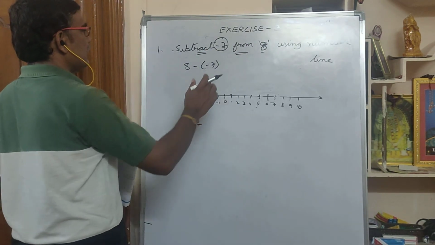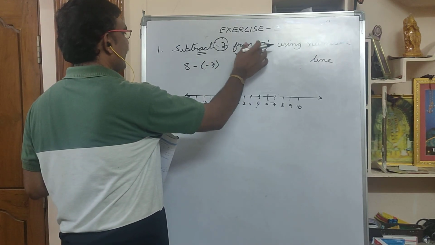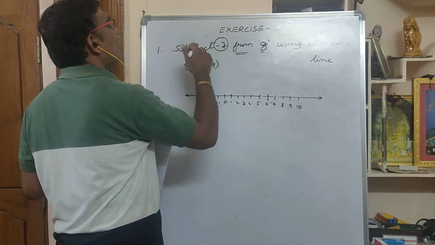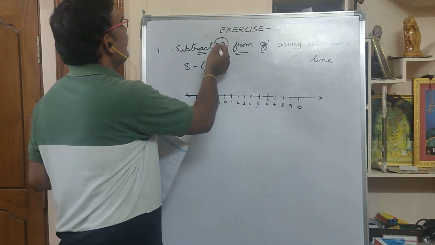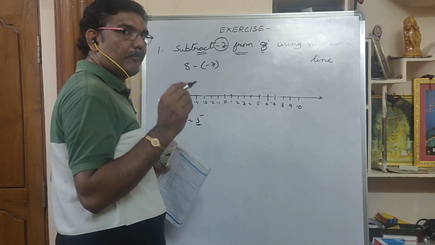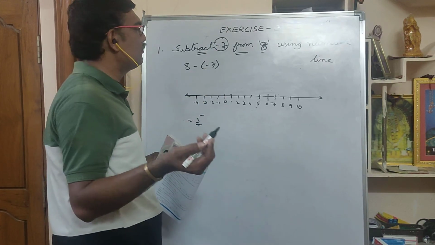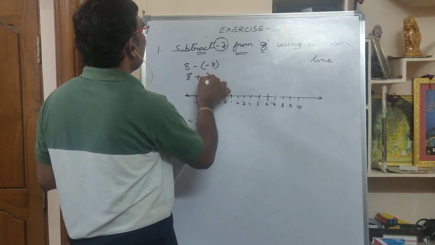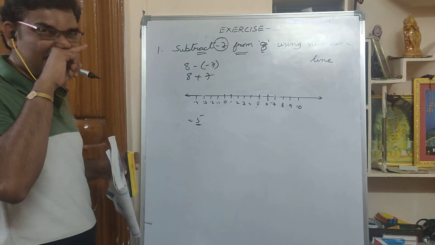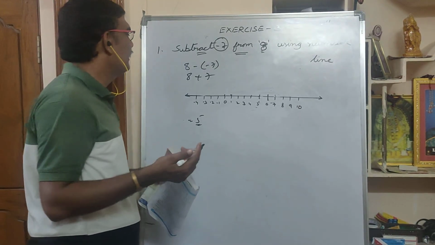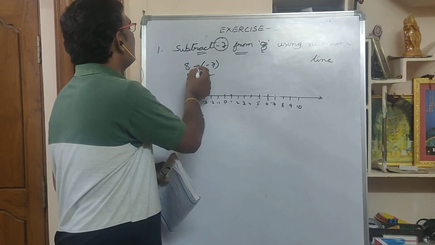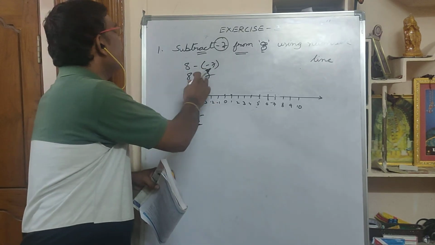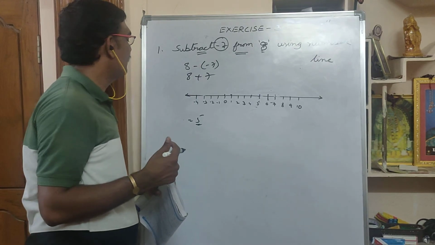Okay, what you have to do is, whatever comes after "from", write as it is, and whatever number comes before, write its opposite symbol. 7 has which symbol here? Minus. For minus, the opposite symbol is what? Plus. So by seeing this, we can write 8 plus 7 directly. Some teachers will say minus into minus is plus, and that is also the same. So 8 plus 7, how do we do it?